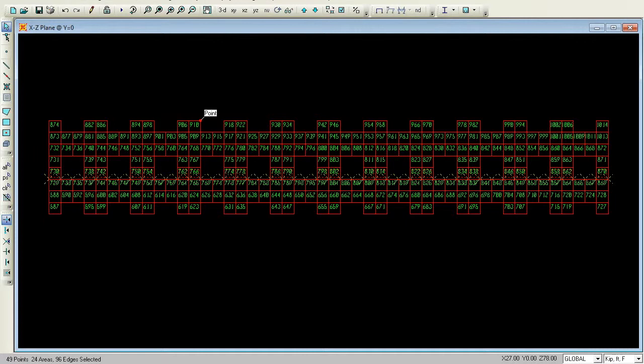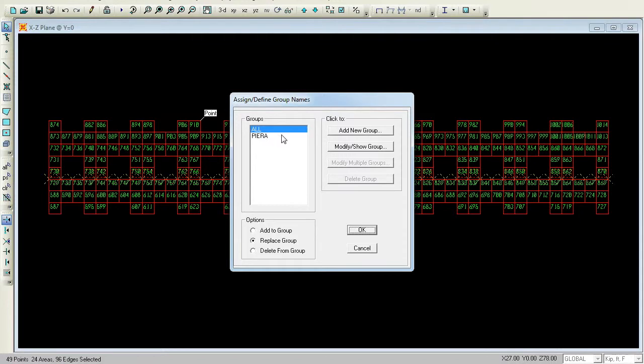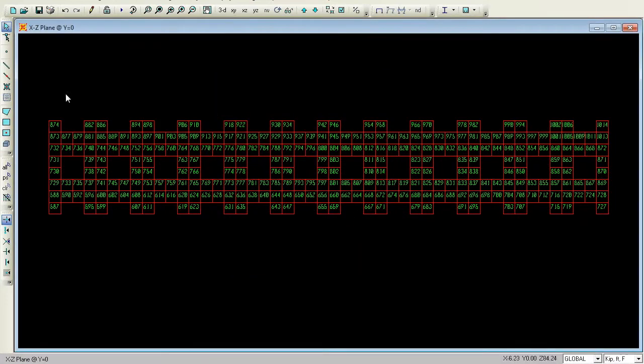Now you can make this a group. Again assign to group. You can go for add new group. Now you can give it as sixth group. So this is sixth group, and now we can just press OK and OK. Again you can go for previous.